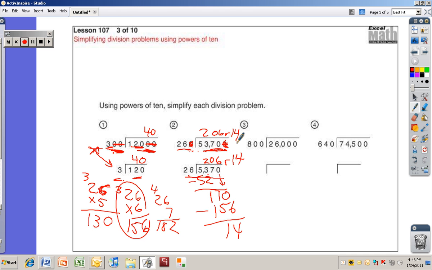800 into 26,000. What can I divide both numbers by? 100. Good. So what am I going to get rid of here? The zeros. Okay, so the problem becomes 8 into